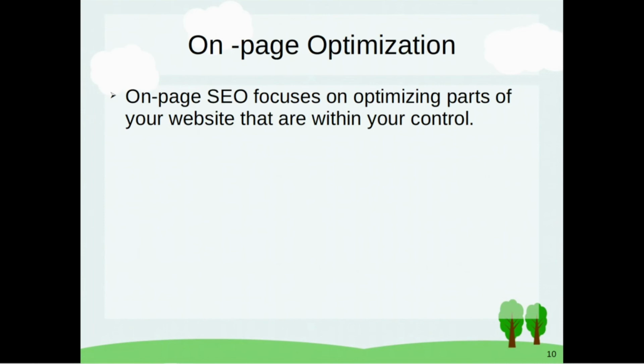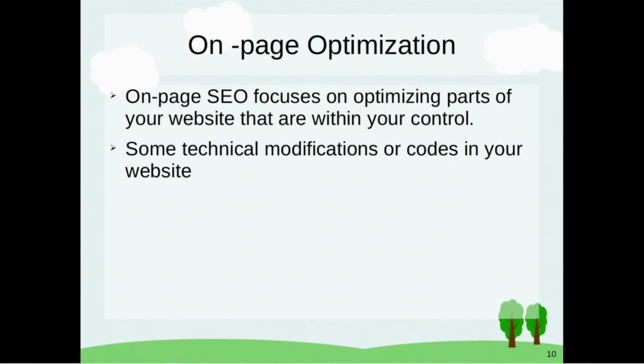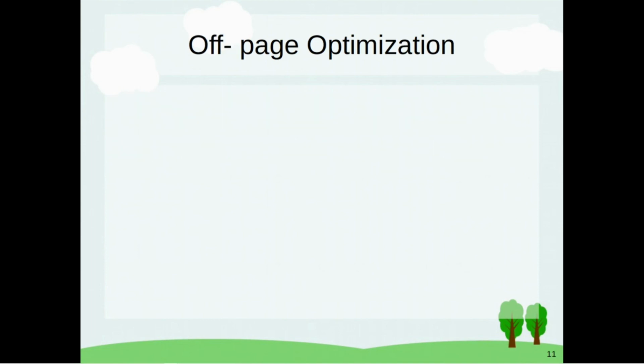In on-page optimization, we also target pages for SEO-friendly websites, creating backlinks and many more things, along with technical modifications to your website. And the last process is off-page optimization,